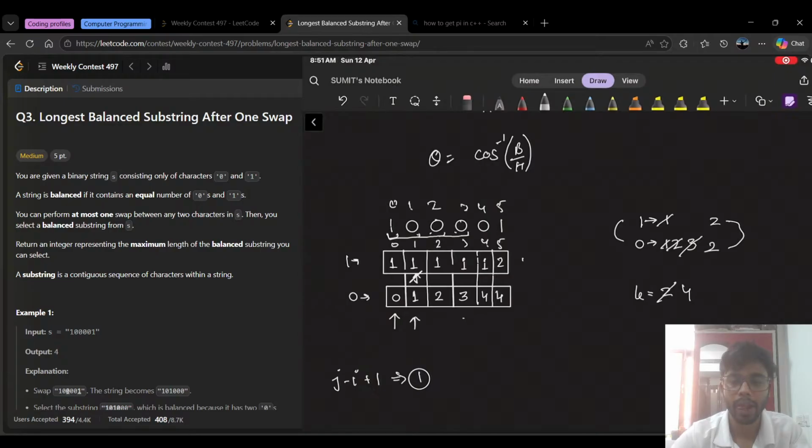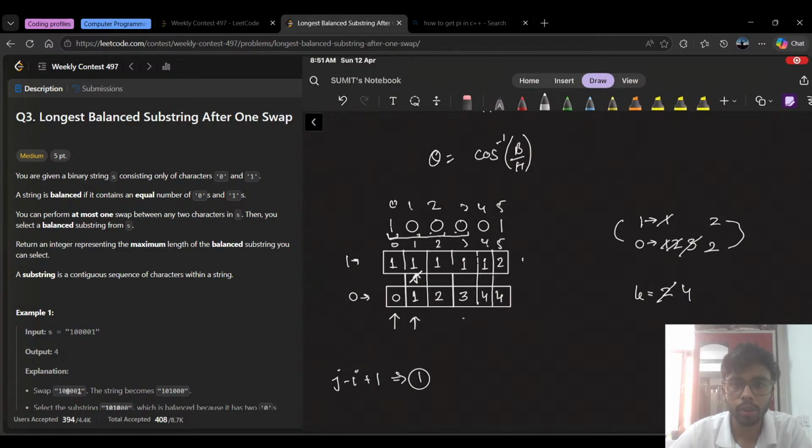Otherwise, if ones of j equals to zeros of j,